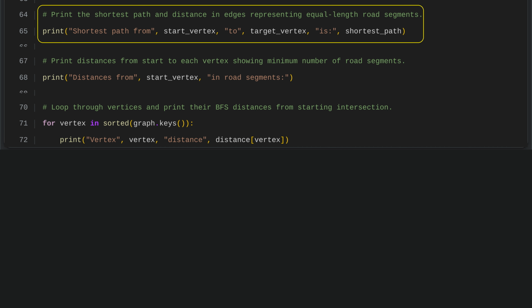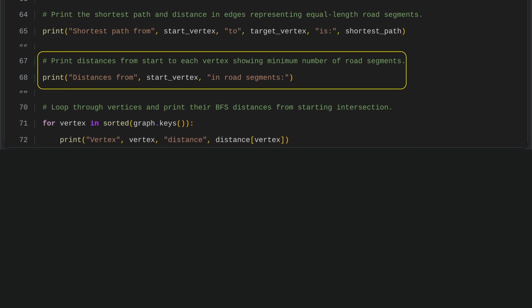We now announce that we are about to print the distances from the starting vertex to every other vertex in the graph. These distances represent the minimum number of road segments, or edges, needed to travel from the starting point to each intersection. Presenting this information provides a clear summary of the shortest path results that were computed earlier in the code. It helps you see, at a glance, how far each intersection is from the starting location in terms